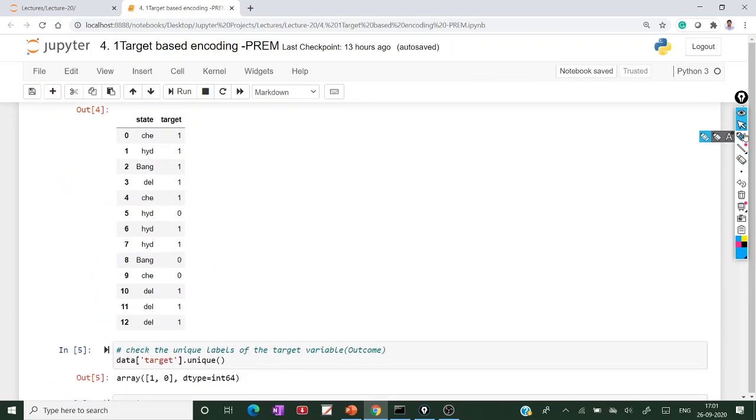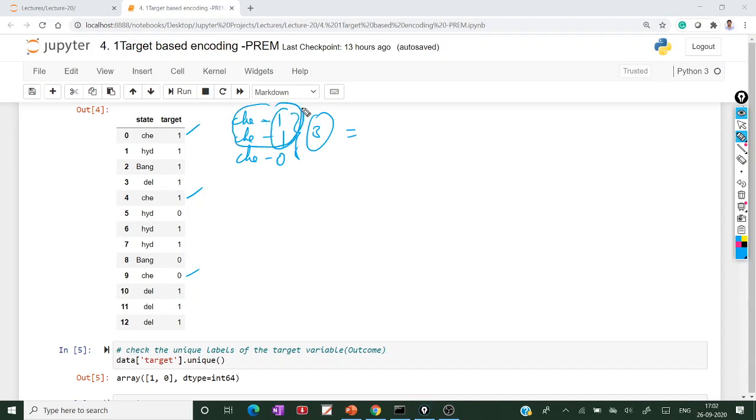If you see CHE, how many? Here CHE 1, CHE 1, CHE 1, CHE 0, which means 3 observations in total. Out of 3 observations, how many correctly match the target? 2, so 2 by 3, which means 0.66.